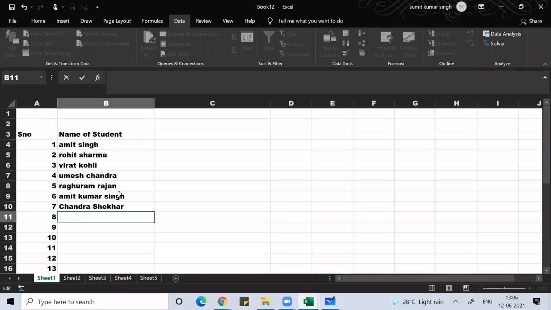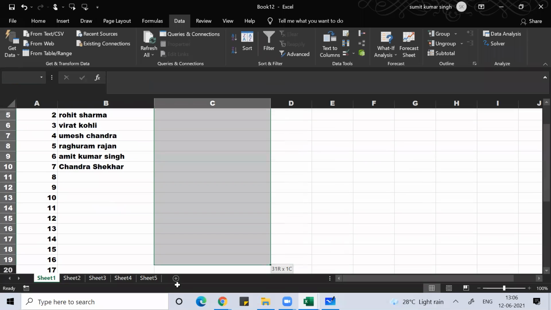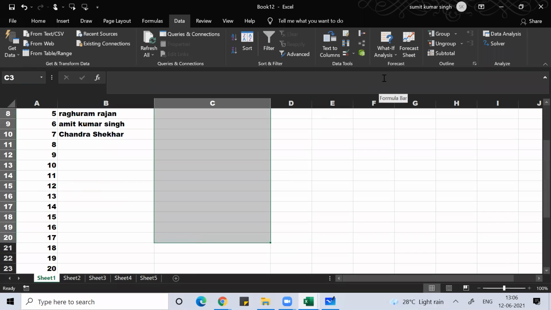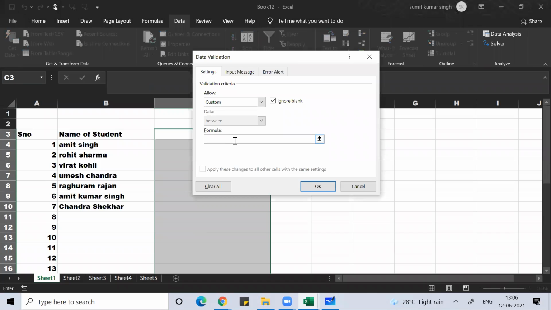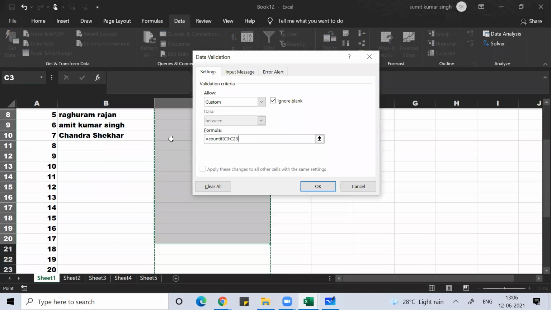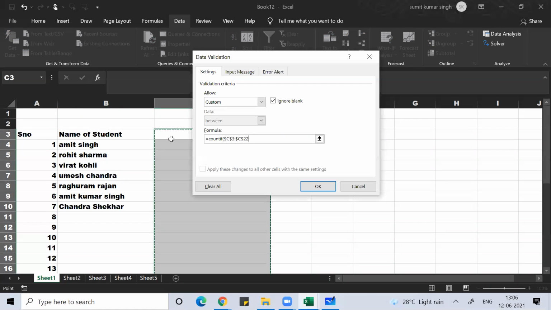Clear, everyone? If you want, you can customize this also, guys. When you selected this cell and you did Alt DL, you chose custom, and then you did equal to COUNTIF, then selected the cells from the first cell to the last cell. When you pressed F4, the first cell was C3.